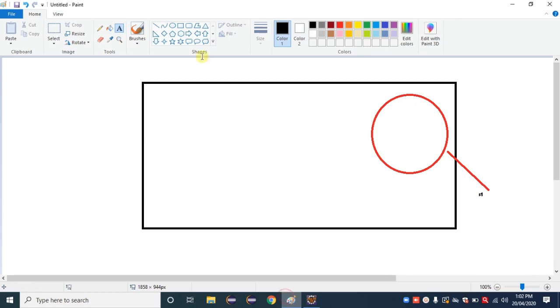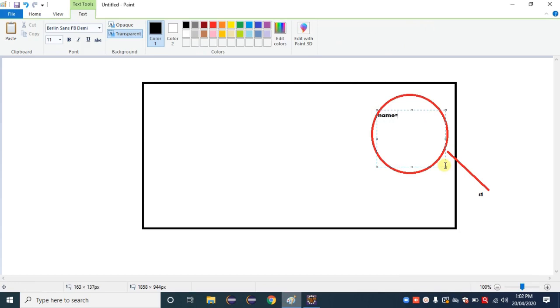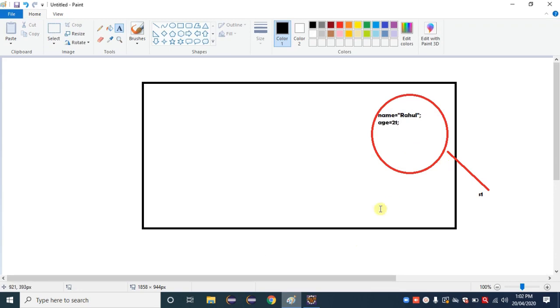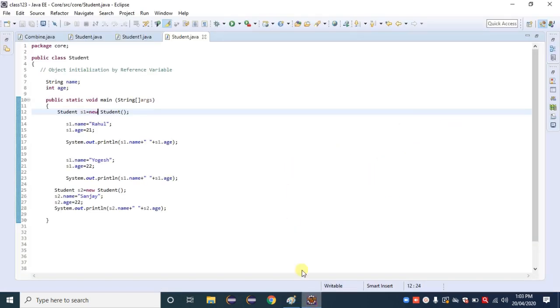Come here again. Name is equal to Rahul and age is equal to 21. That happens inside the memory. Then comes the next point, where we again use the same reference.